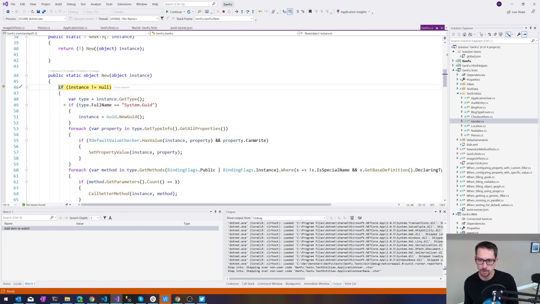Okay, so this is the code where we start to loop through the properties and set the values, if there is a property filler for it. So we get the type, which is of the application user type. And now we loop over all the properties. So here we have the username property, which goes and sets a value for it. Next is the phone number property,